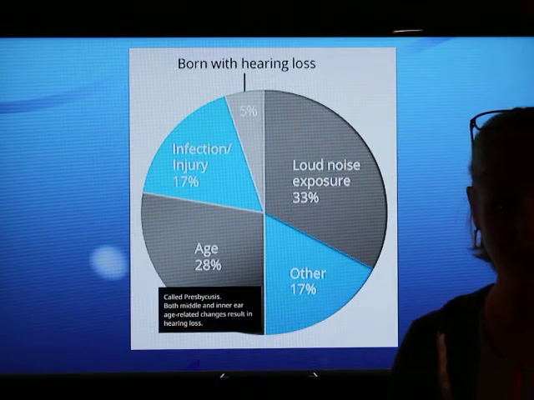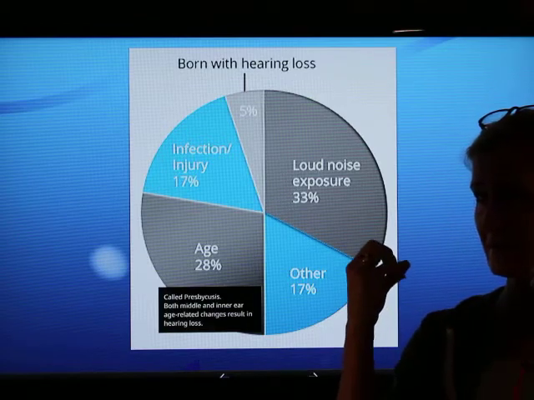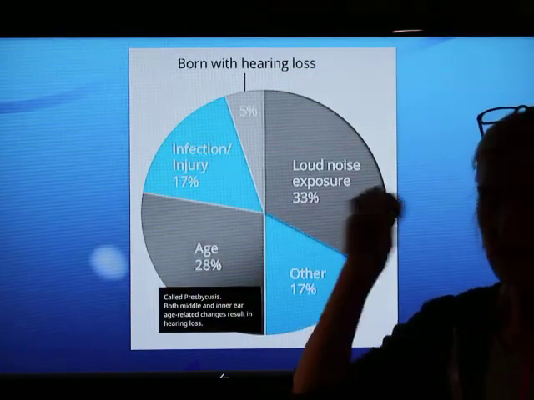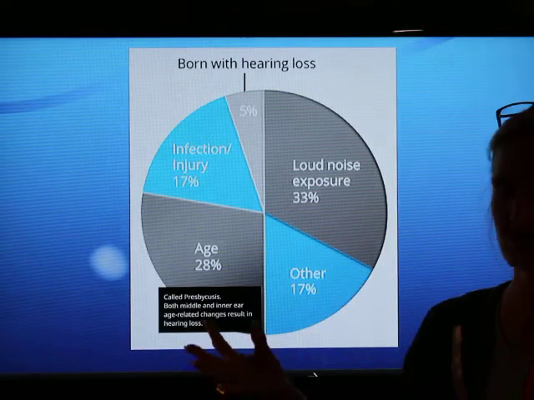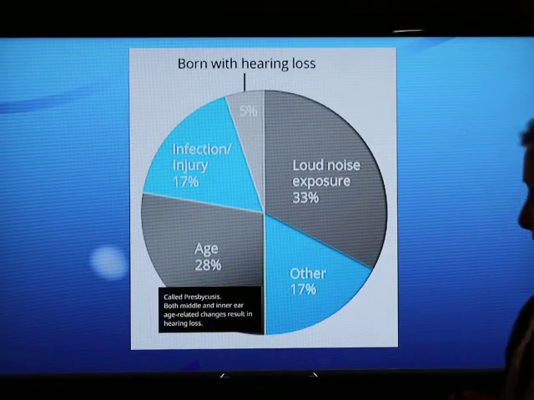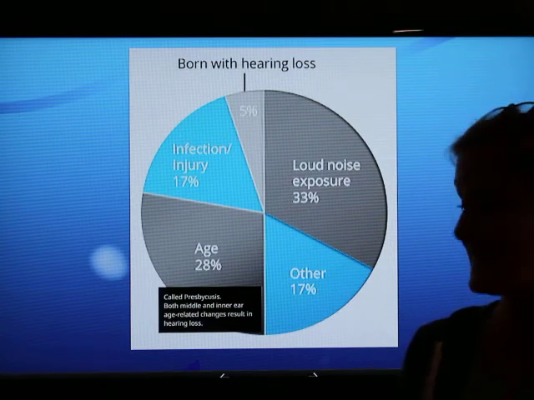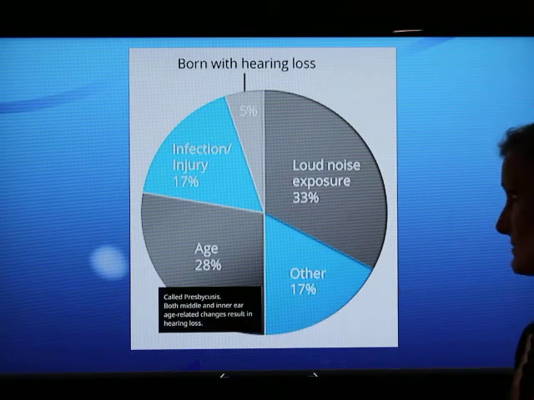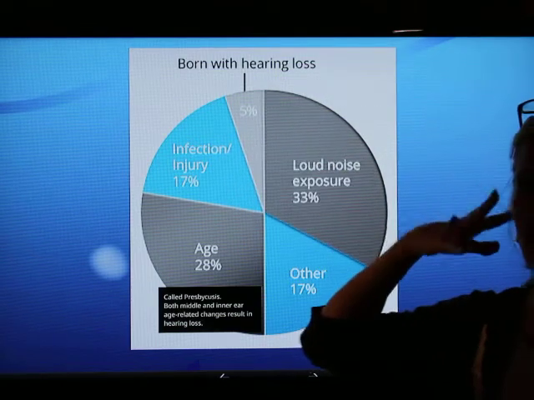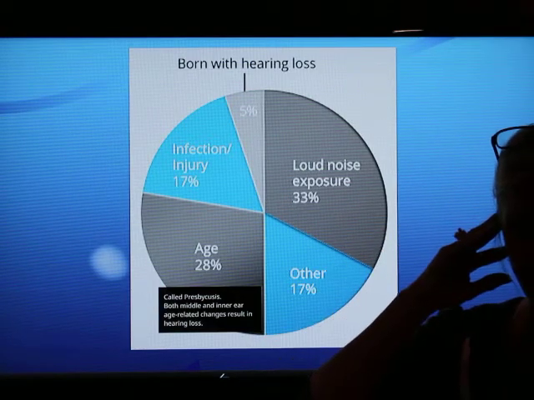So people that are working with heavy equipment, jackhammers, military, like arsenal things, loud, like airplanes, like being in airports or around train tracks, kids who go to loud concerts where the decibels are very, very high. Those things that are repeated over and over can actually lead to permanent damage in the auditory system and can lead to hearing loss. Infection or injury, again, like any trauma to the head or the acoustic area can lead